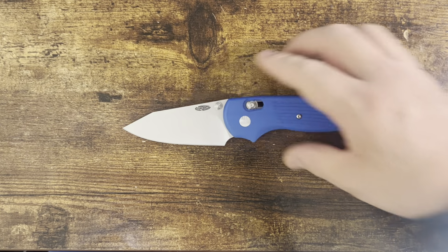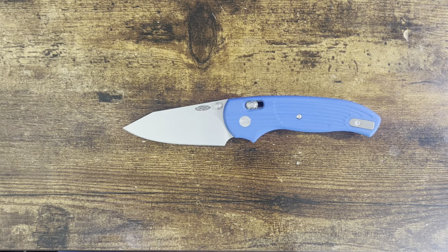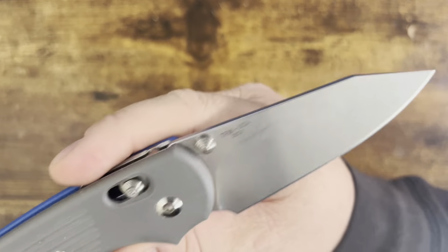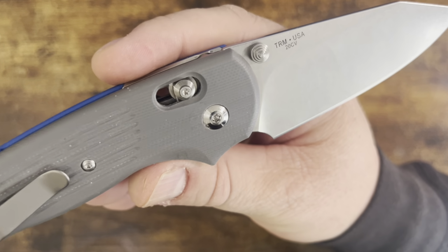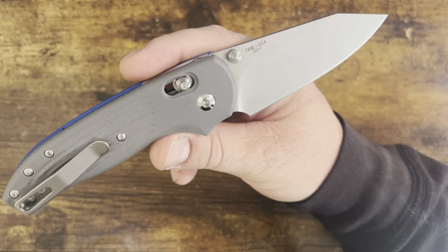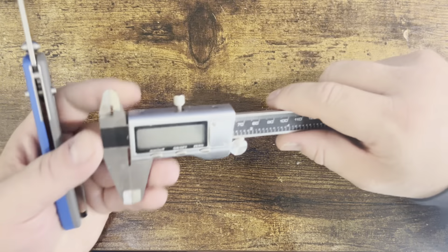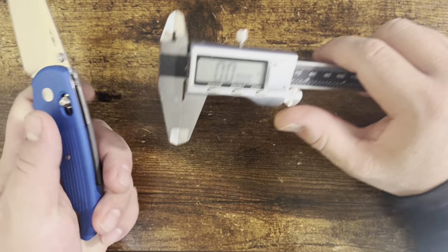This has been used extensively by me as part of the testing. I have not cleaned it since I got it, so it is still running after a tremendous amount of use. 20CV is the steel. They are in the process of moving to MagnaCut, which will be an even better steel for this slim of a blade stock. In fact, let's take that measurement right now